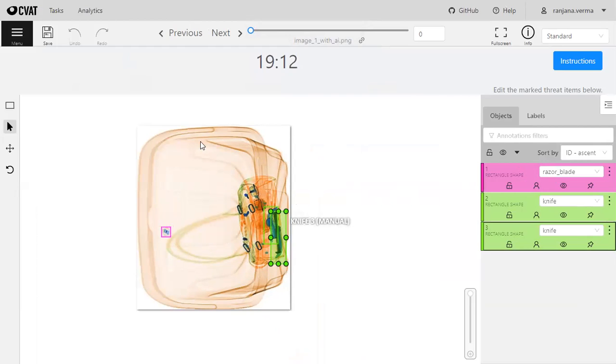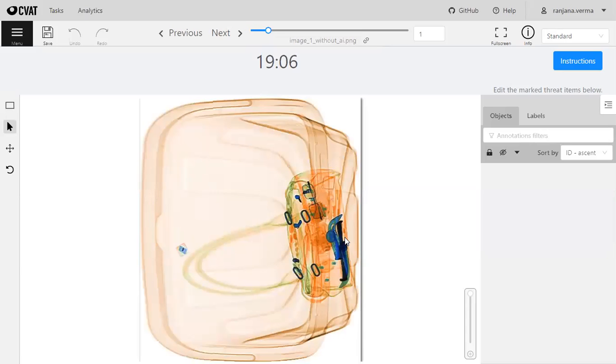If you feel this image is okay and there's no more threat, you go for the next image, that is F. You get the next image. And in case there's any threat that you have detected, you need to click here. Which threat is it, a knife? We are doing it for gun, lighter, knife, and razor blade, only for these four. So in case I can see there's a knife, you click on the knife here.